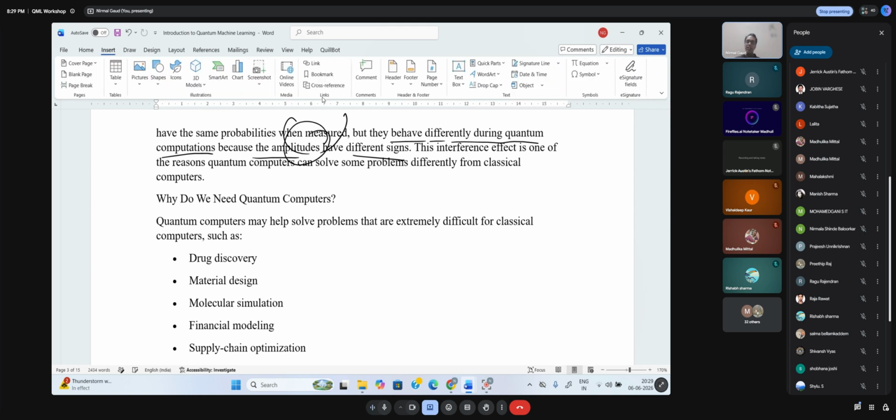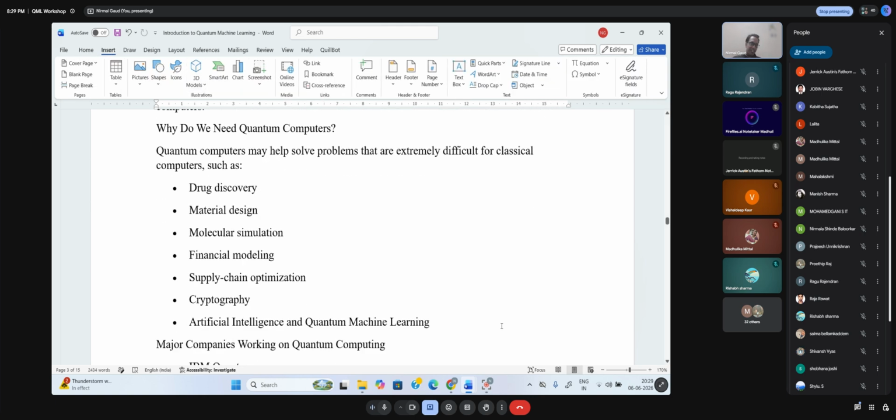So we require quantum computers because, I guess, many people are working on quantum, but it is still new to explore. You will not see many papers being published in this area, and whenever it comes to the research part, people work on ML, DL, problems like computer vision, text, etc.